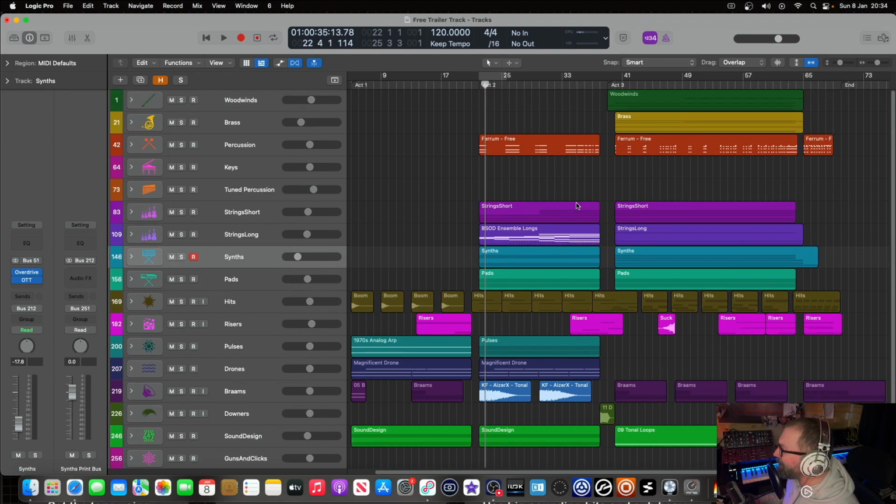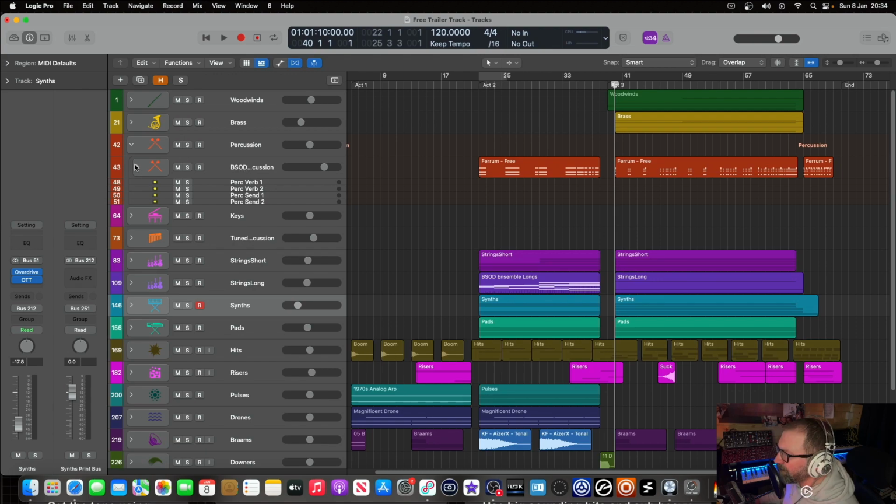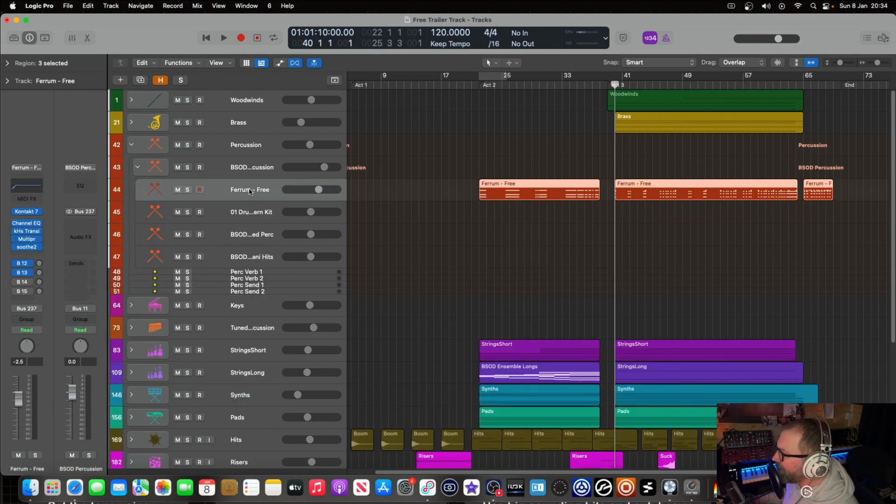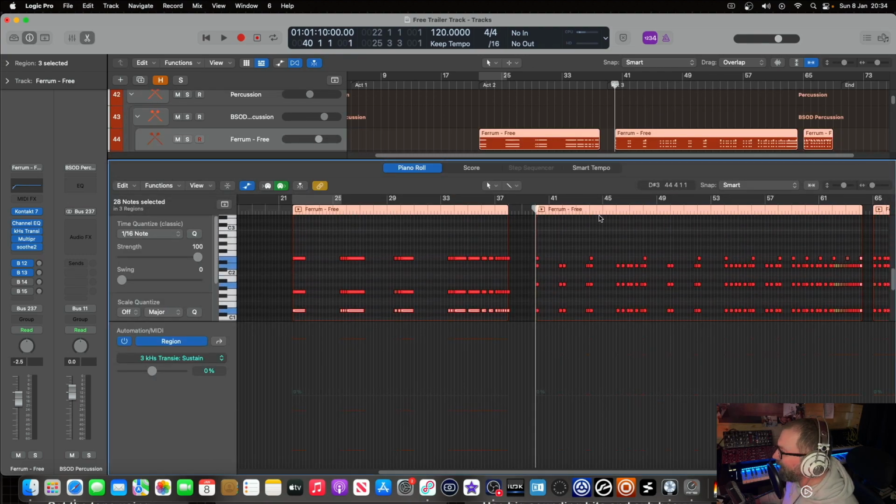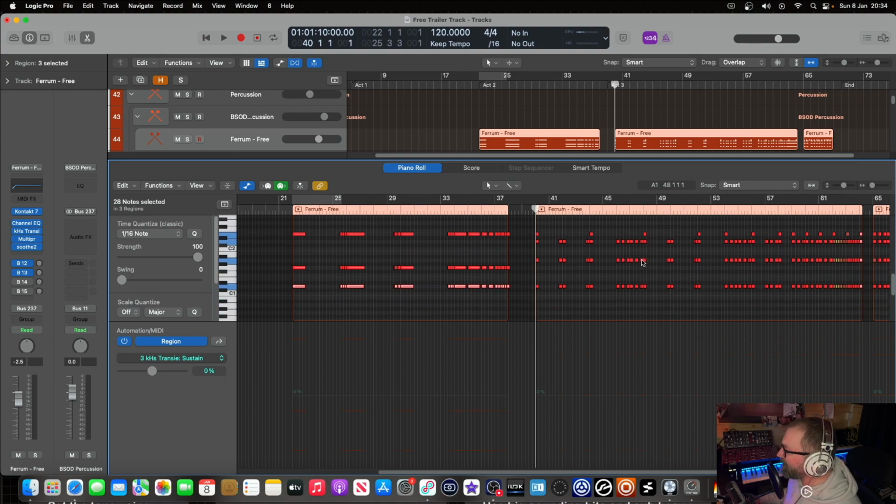I think then that's when I decided to add some percussion from Ferrum. I started doing the percussion in Act 3 first. What I did was quite a frenetic pattern to start off with, just playing it in on the keyboard, just myself here. And then what I did afterwards, because there was too much going on, I came in and I started